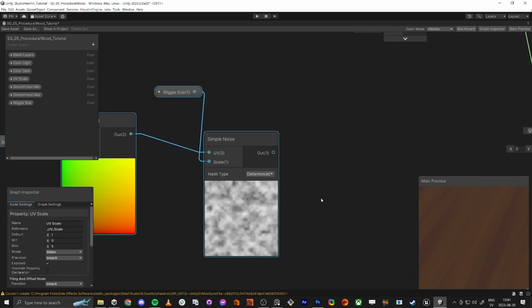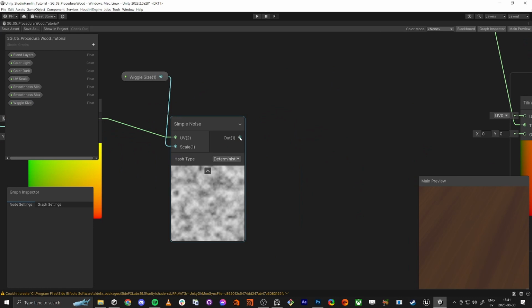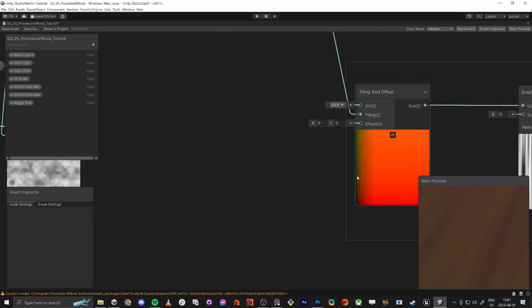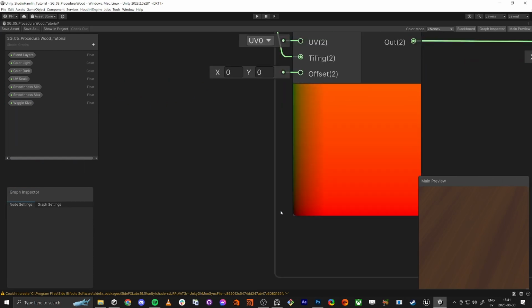And what happens now is that this value is one single float, and it will only, so here we have 0 to 1 in X, we have 0 to 1 in Y,